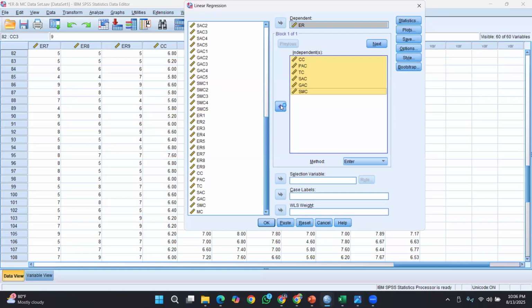Entering the independent variables can be done in different ways: enter, stepwise, backward, forward, removal, like that.